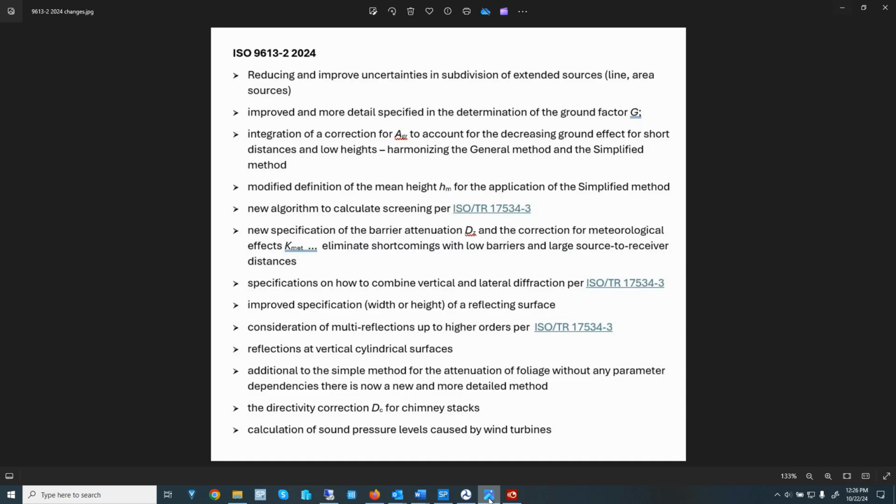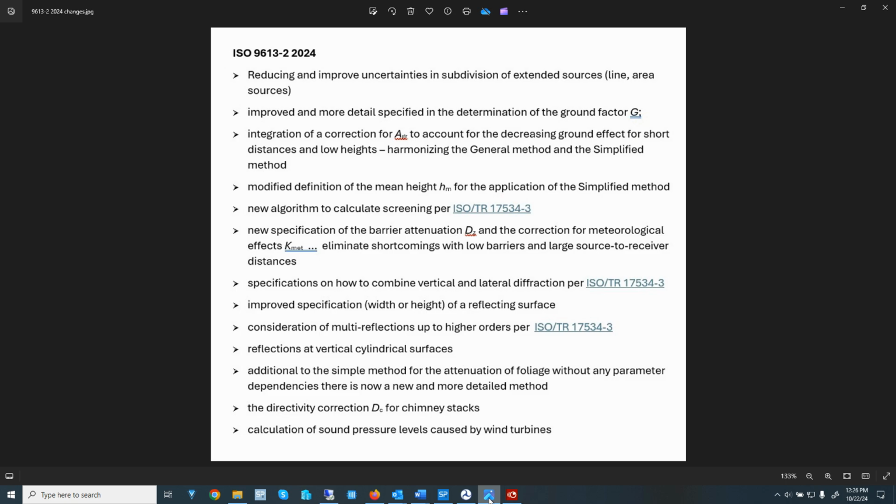So the main changes that we have are reducing and improving uncertainties for the subdivision of extended sources, line and area sources. It also improves and details specific determination of ground factors, integration of the ground factor in terms of short distances and low heights. It also harmonizes the general method for the ground calculation and the simplified method.